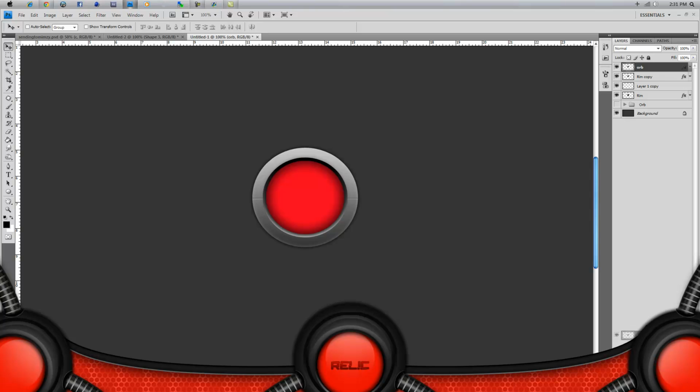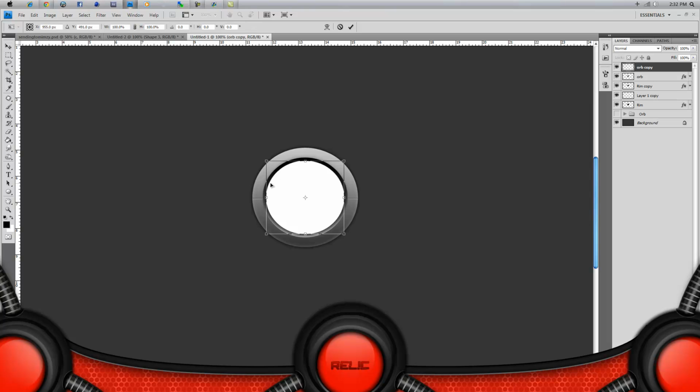We're going to duplicate this layer one last time. Right click, clear layer style, and you want to press Control I to invert. You want to make sure this is white, and we're going to press Control T to bring out the free transform tools. Hold shift and drag in the edges just a little bit, like so. And we're going to set the opacity to about 70%,